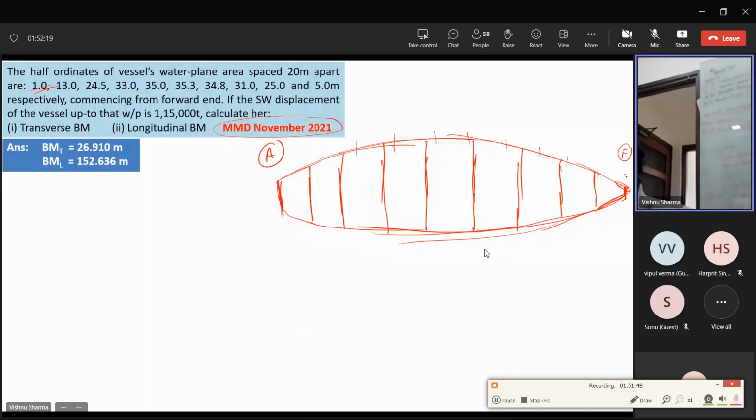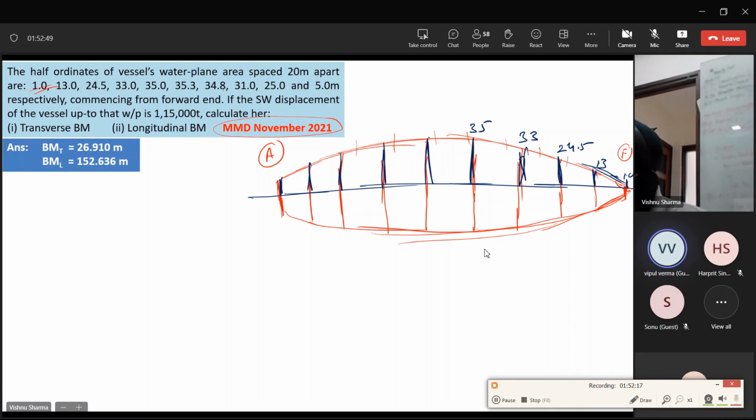So your ordinates are 1, then 13, 24. Oh, sorry, these are half breadths. So these are the ordinates given. These are not full ordinates. Okay, these half breadths are given, the blue ones. No problem, it doesn't make a difference. So 1, 13, 24.5, 33,